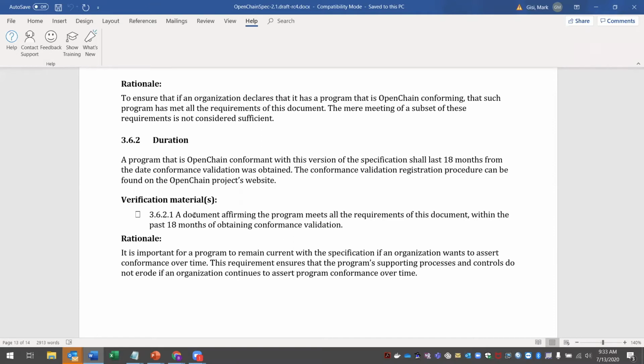However, in my situation, if I have someone coming to audit us, that's one of the times I will definitely check to see, are we within the 18 months? And if not, I'm going to take the action to make sure that we go around and revalidate our processes or fix something that's not quite up to date with the spec that I already agreed to conform with. Does that make sense? Any questions about that? No.